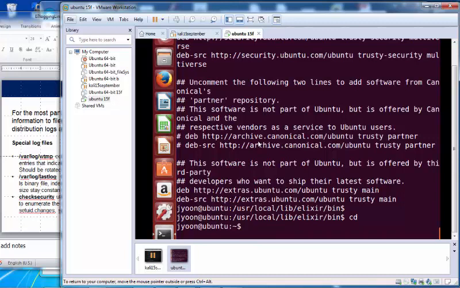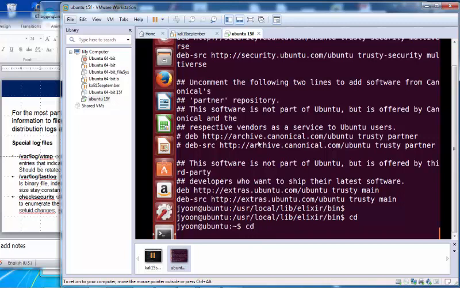The var directory contains files that are dynamically changed, which means variable. Therefore, the directory is called var, variable size. So all log files are in var. Let's first come to the var directory.